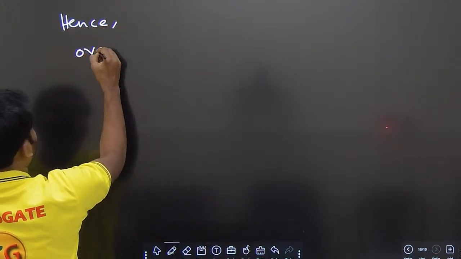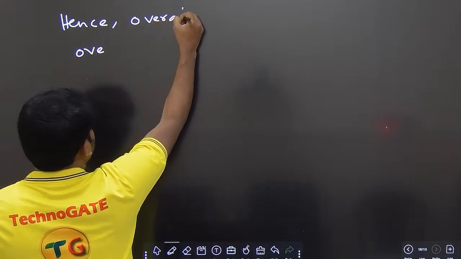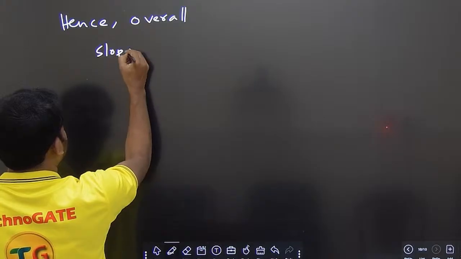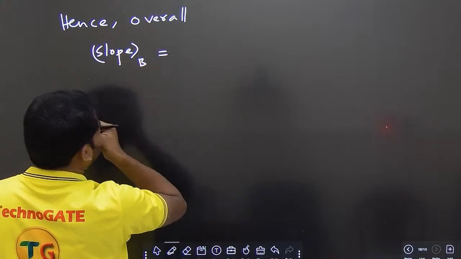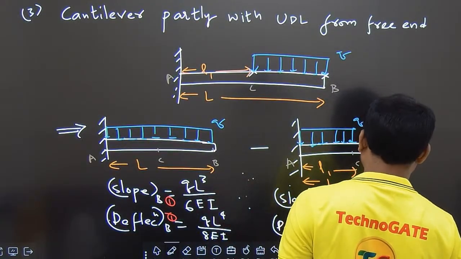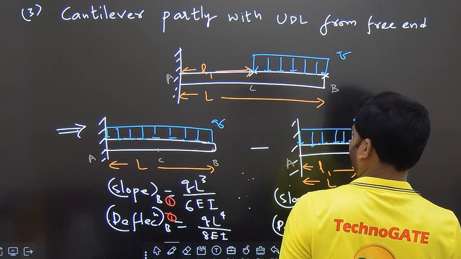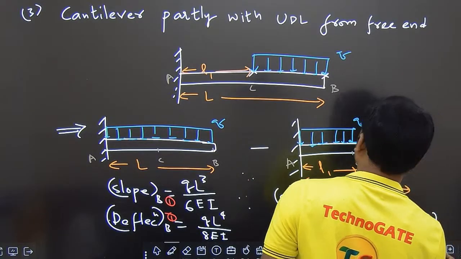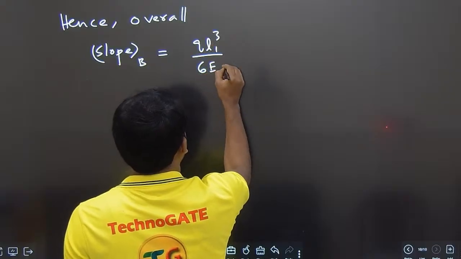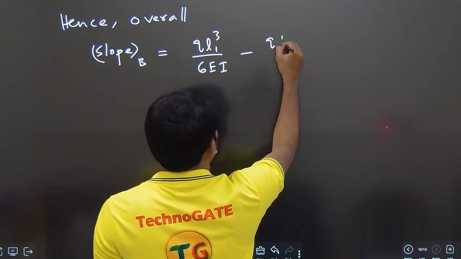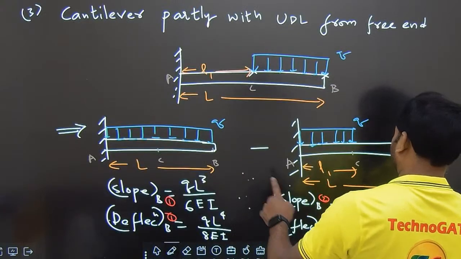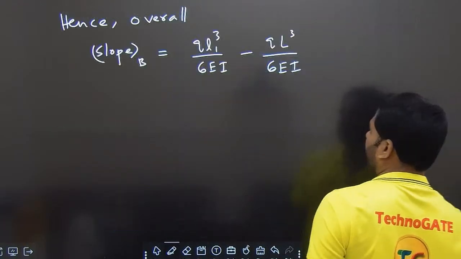hence the overall slope at B is nothing but the subtraction of both the values. So Q L1 power 3 by 6 EI minus Q L power 3 by 6 EI. That's it, we subtracted the two. Okay, clear? Same thing, overall deflection